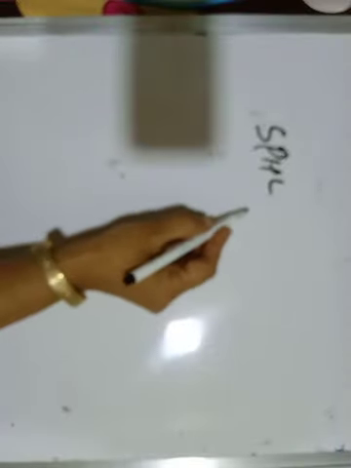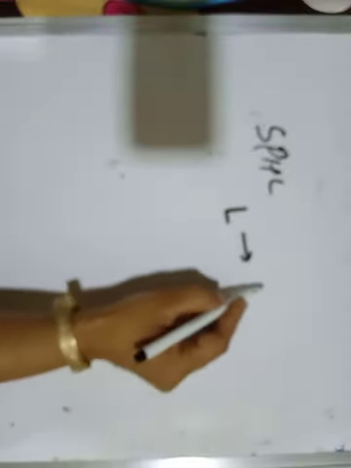This is called XTHL, and its reverse instruction is SPHL, which copies the H and L registers to SP. What is the meaning of this instruction? This is a single byte instruction which copies the content of the L register into the lower byte of SP, and the content of the H register is copied into the higher byte of SP. So we have to see these two instructions here.